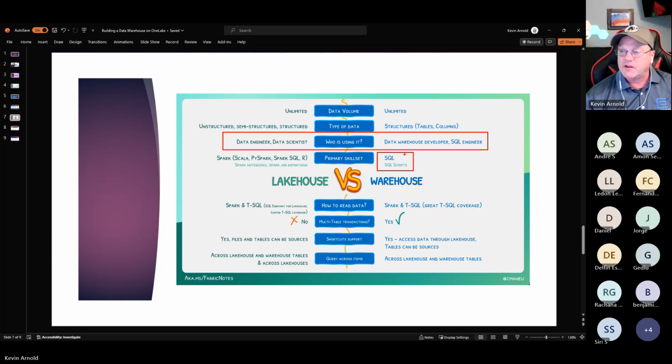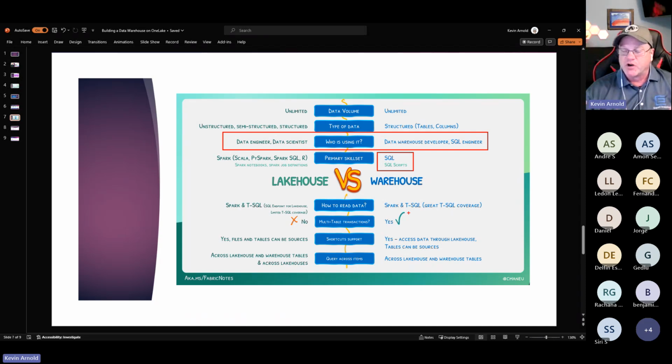Now let's get down to the bottom part of this, right? So at the bottom, we're going to talk about reading as the first bullet. Now, what is interesting is regardless if you do a lakehouse or a warehouse, like we were talking about, everything comes down into Delta Parquet tables. So either engine can read from the other engine.